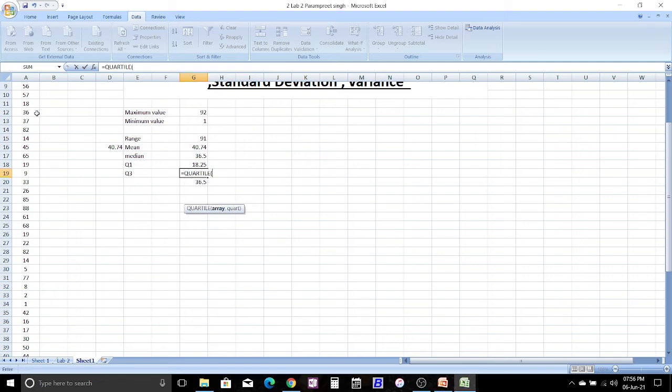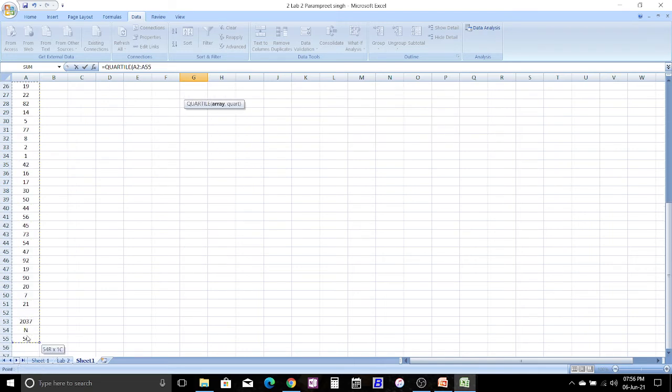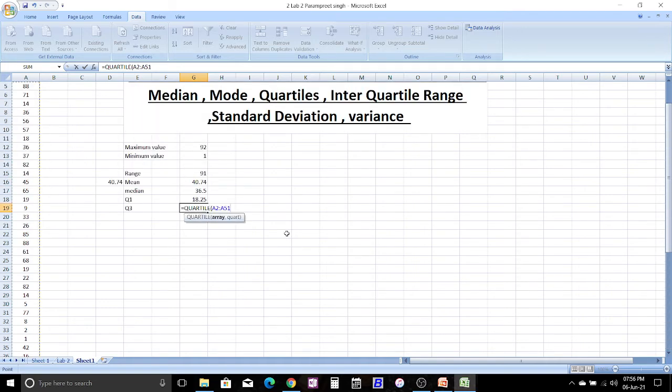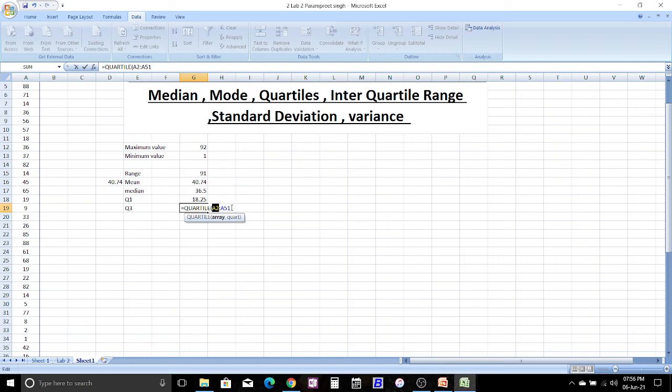Let's select the data from A2 cell to the A51. And we need to find out third quartile. That meaning it is asking us to mark comma and third quartile 3. Enter. The third quartile is 60.